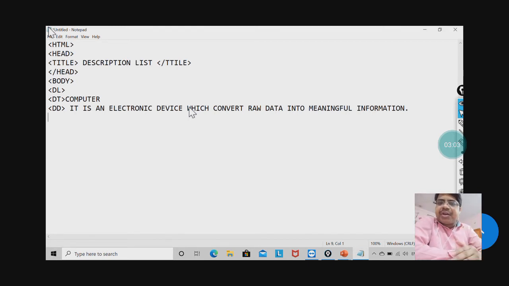My term and its definition are both used inside DL. And now I have to close the DL tag.